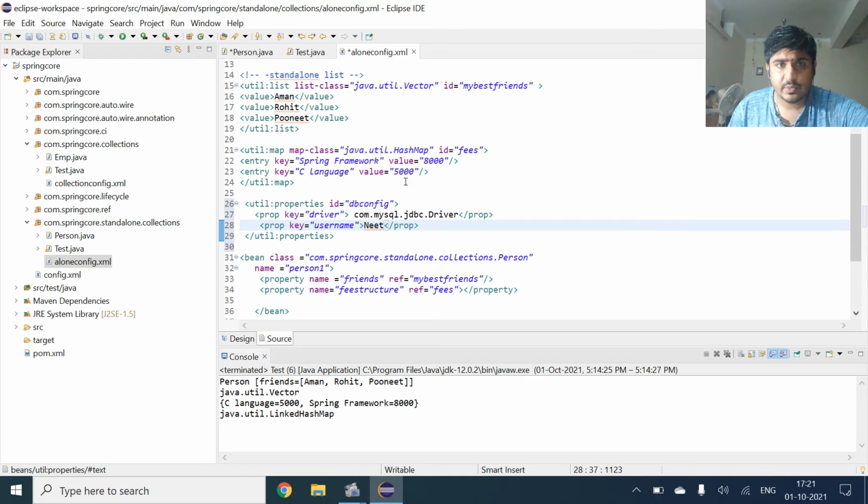Now we have to inject the db config. So what we will do is provide the property tag.